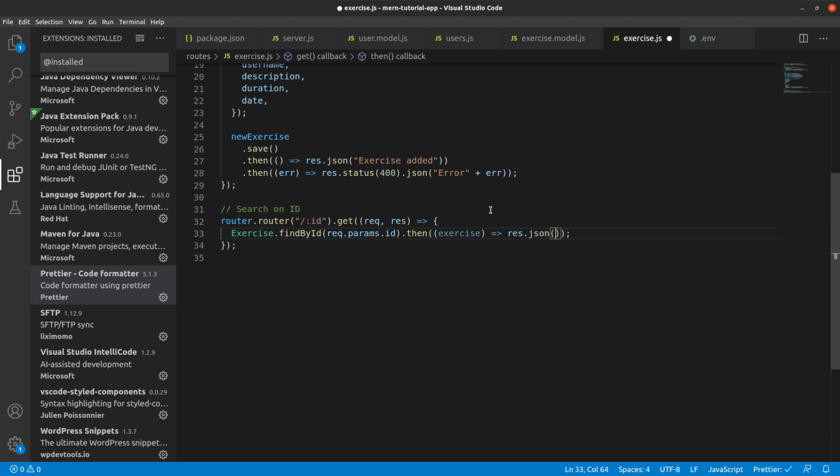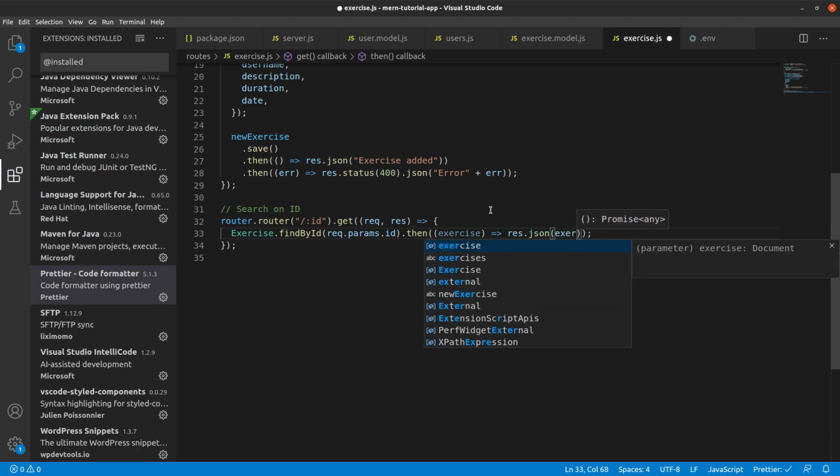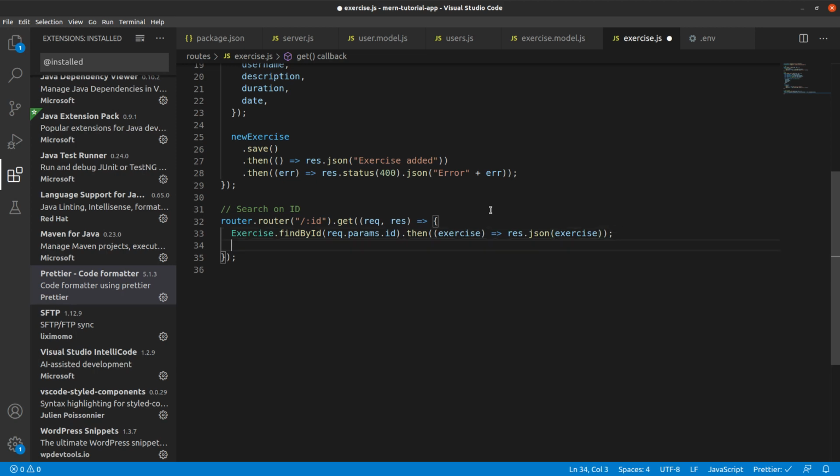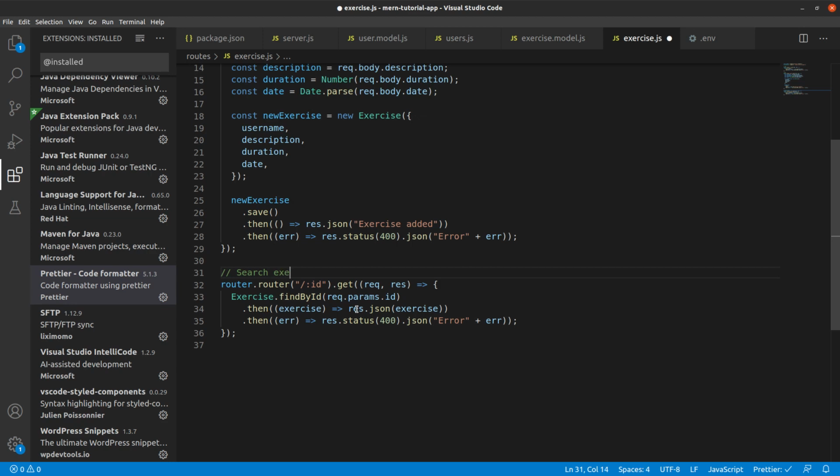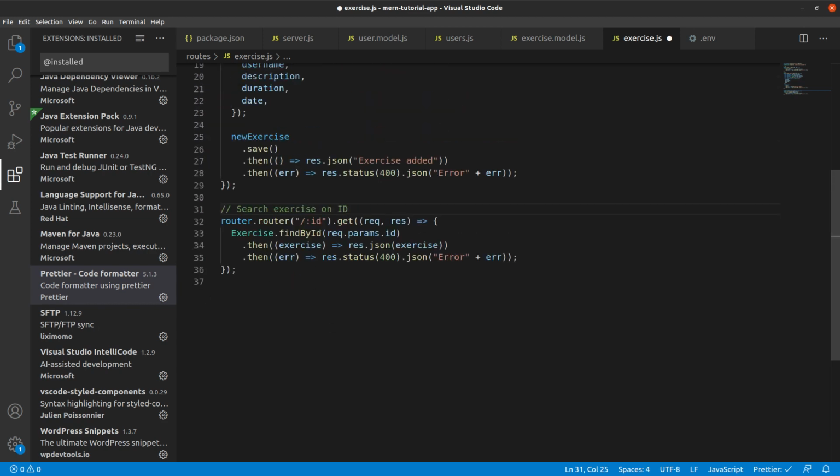Exercise. All right, I think that's done with respect to searching of an exercise based upon an id. Okay, so we're good, right? Search exercise on id, done. Searching part is done.